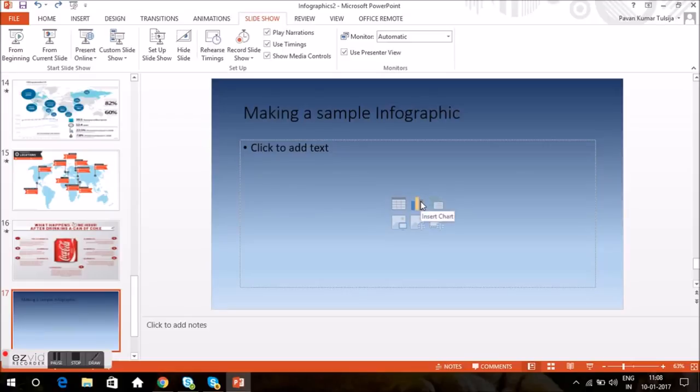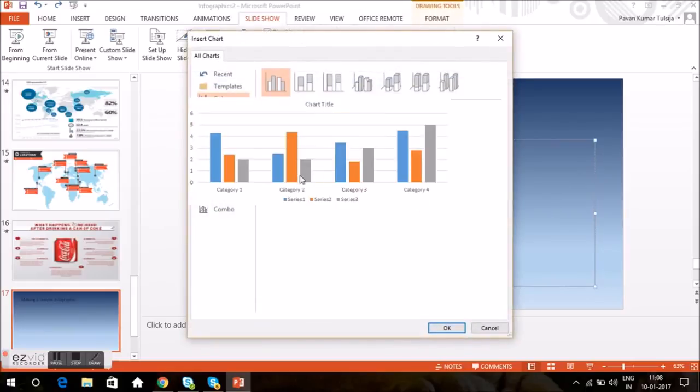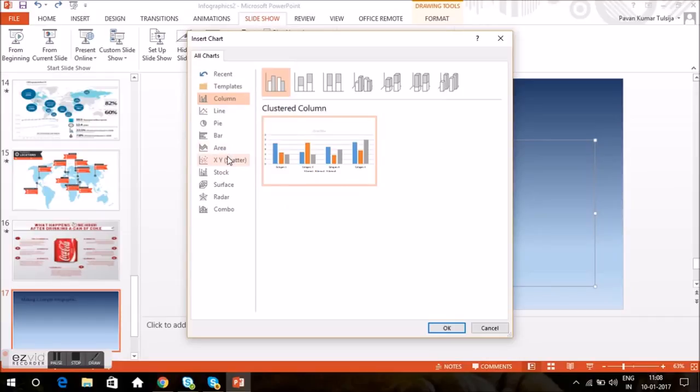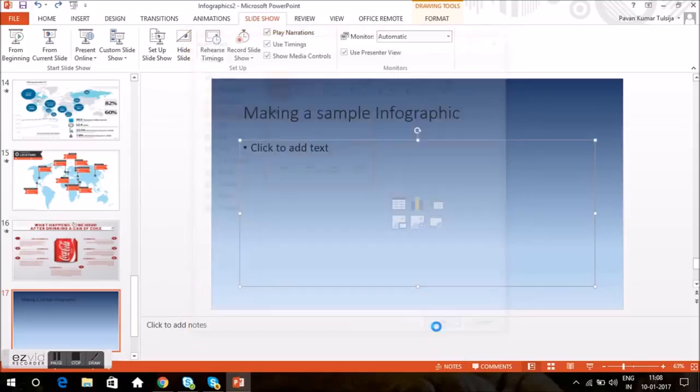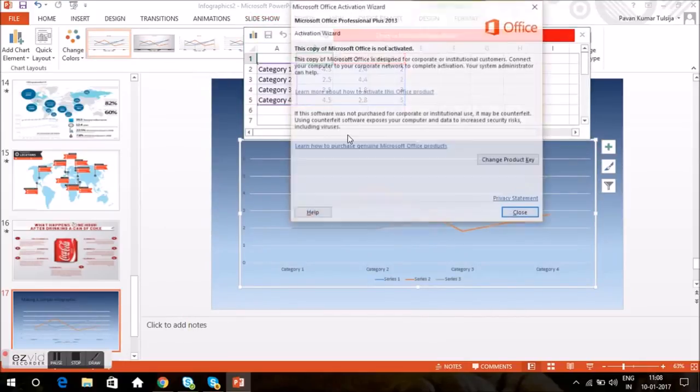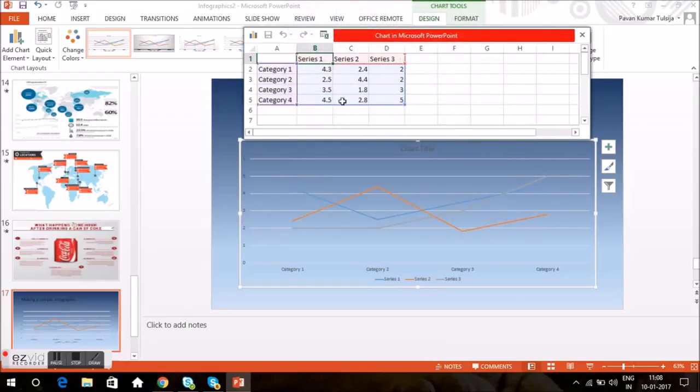Now let me show you a sample infographic of how it can be made. These are the infographics available in PowerPoint: XY curves, pies, bars, area, radar, bar charts, and reports. What I did was create a sample line, or you can say a curve, to illustrate how I did this in the mercury levels example which I showed you earlier. You get a template like this which is similar to Excel. You just enter the names of the cities over here